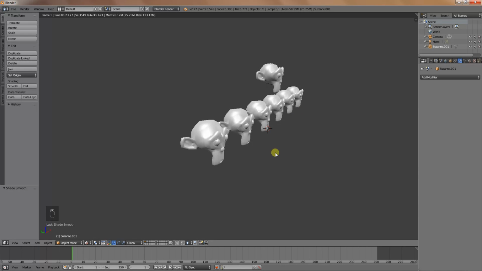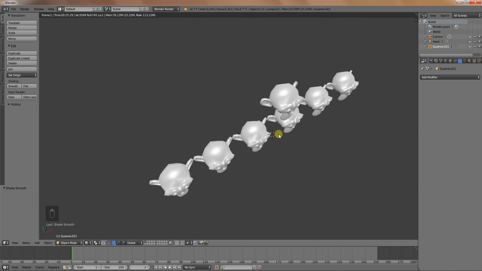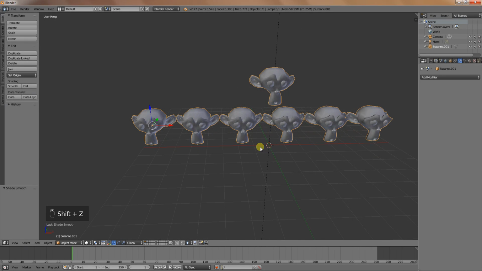So triangulate, probably not something I'm going to use, but the option is there. You can use it. If you want your object to be made out of triangles rather than quads, then that's the easy way to do it. I've seen a lot of people who,